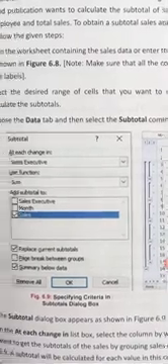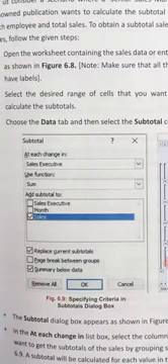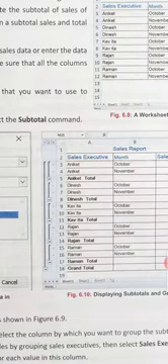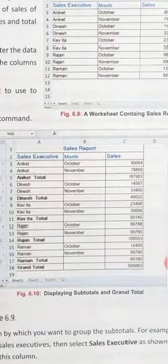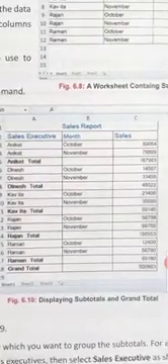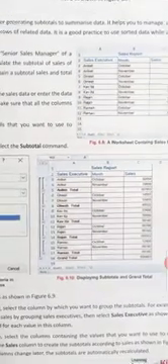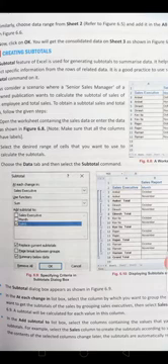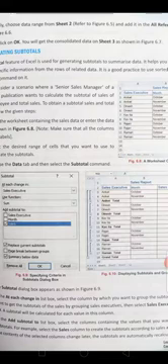In this, the subtotal option will give some subtotals, and subtotals about what? Sales. After doing this, it will create like this. This is the subtotal of everyone: Aniket total, Dinesh total, Kavita total, and everyone. So it will create one on each change in the list box. In the add subtotal to list box, select the column containing the value that we will subtotal. This is our subtotal option.